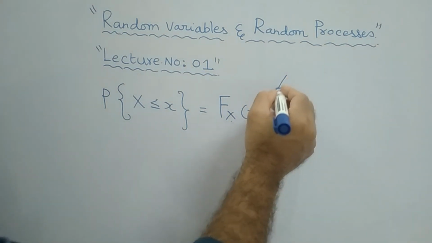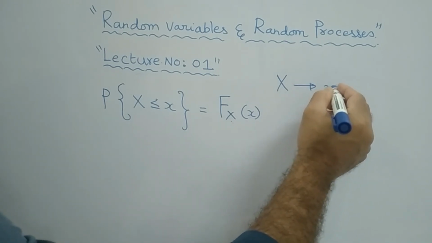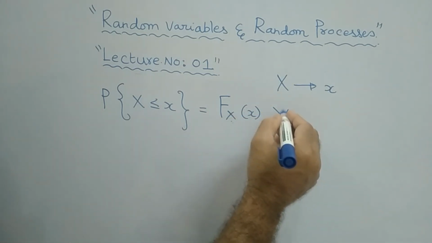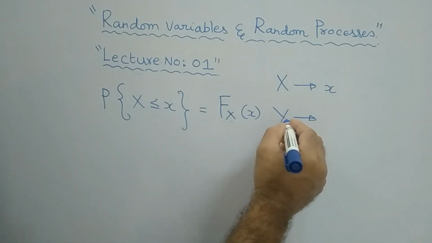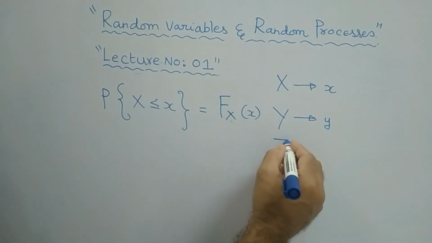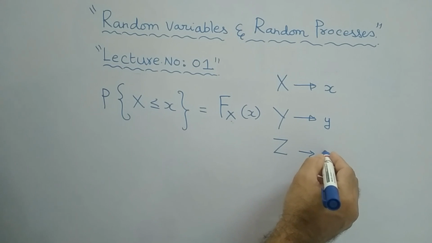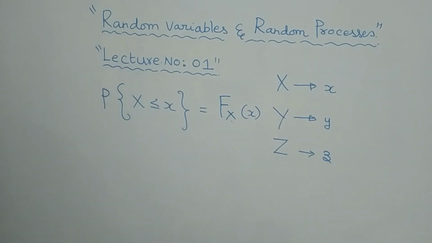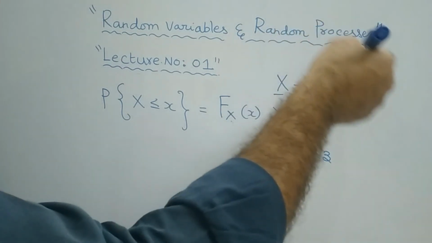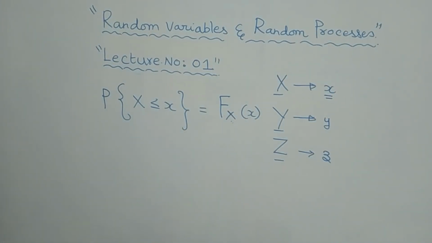If you consider random variable X, its corresponding output or outcome values are written as small x. If you consider the random variable as Y, its associated outcome values are represented with small y. If you consider capital Z as a random variable, its outcome values are shown as small z. Remember that: the random variable is always represented by capital letters and the corresponding outcome values by lowercase letters only.